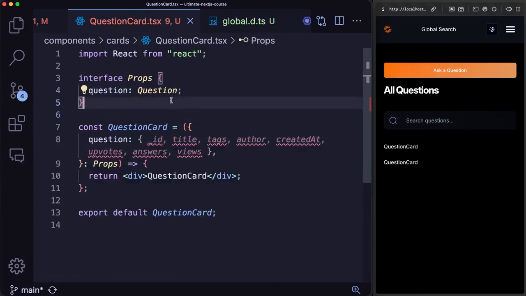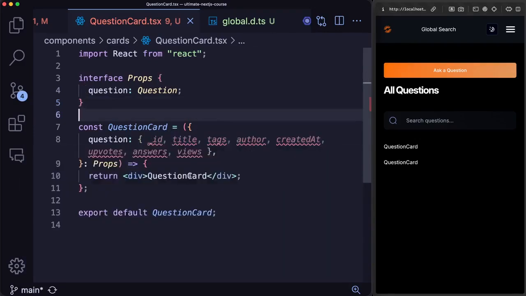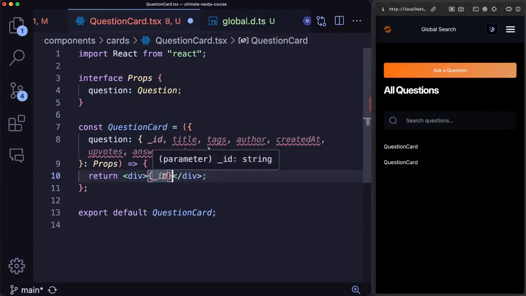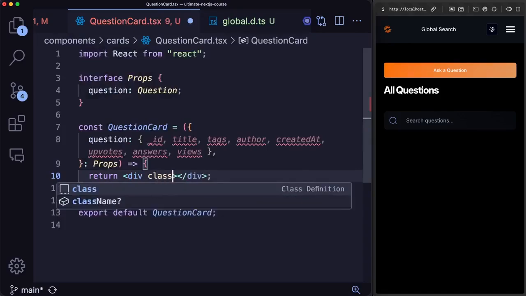So if we do it like this, now it knows that this ID is specifically a string. We can use it within our application. And it knows that it is a string. Great. So let's create the UI of our question by wrapping everything in a div and giving it a class